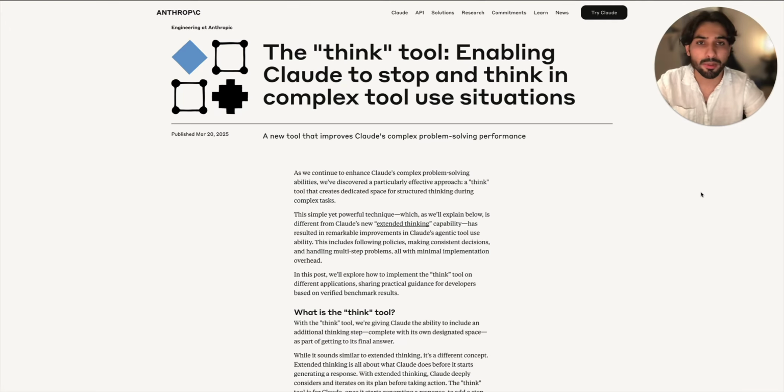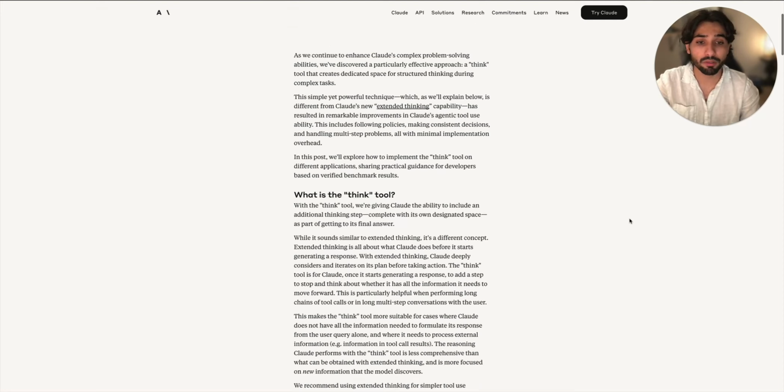A lot of people might confuse the think tool with extended thinking, and you can read more information right in this blog, which I suggest you all do before you start implementing this think tool inside your n8n workflows. A lot of people think they're the same, however, they're different. Yes, they sound similar, yet they are for different kinds of tasks and perform differently. So the way to think about it, extended thinking is basically